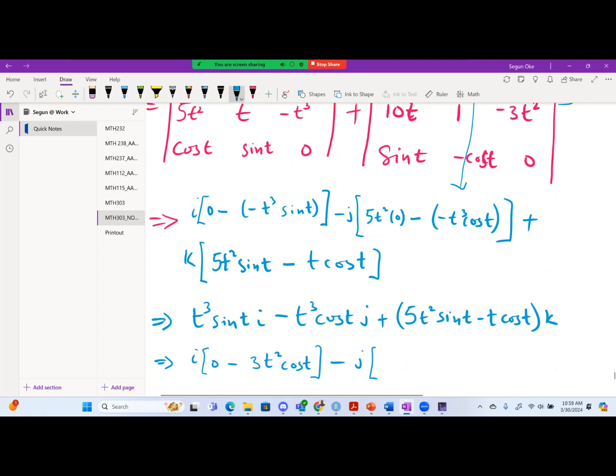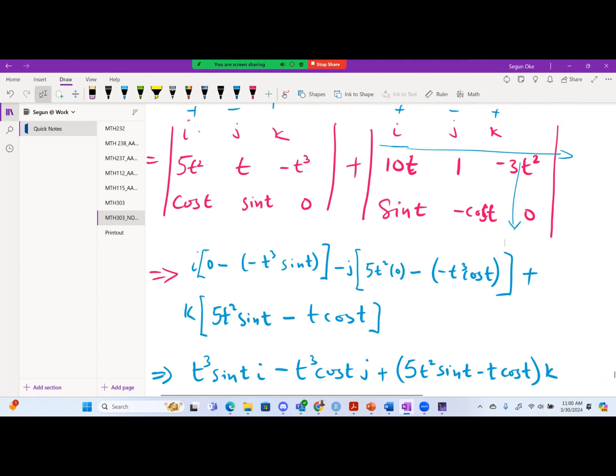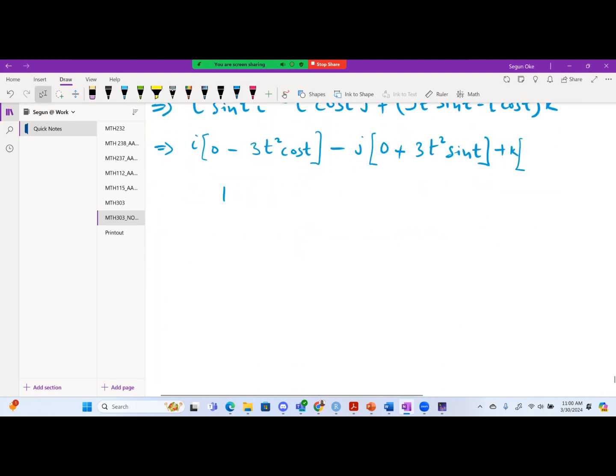10t multiplied by 0, 0, minus times minus, positive 3t squared sine t, plus k. The one of k will be, this one cancelled. You pick this one, right? So you have this multiplied by this. So I think our k can go by 10t, k, negative 10t